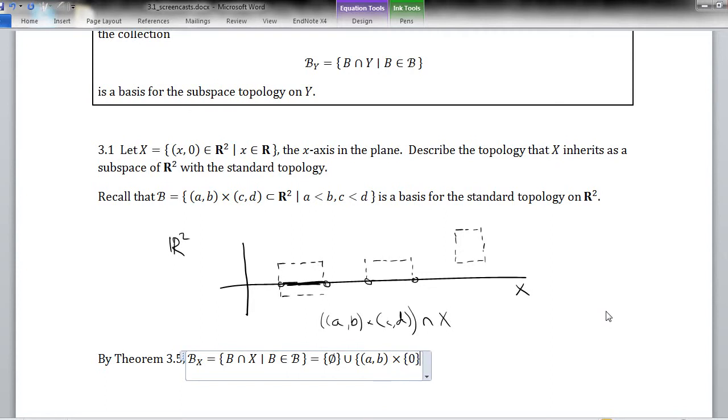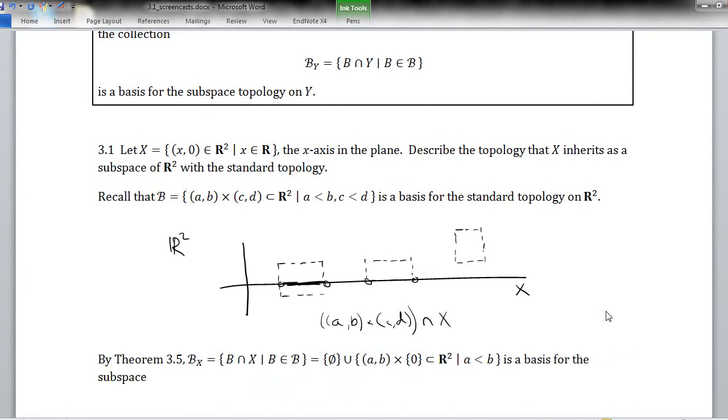The y-coordinates of all those points have to be 0. And that's a subset of R2. For that to make sense, we need a less than b. Good. So by the theorem, this is a basis for the subspace topology